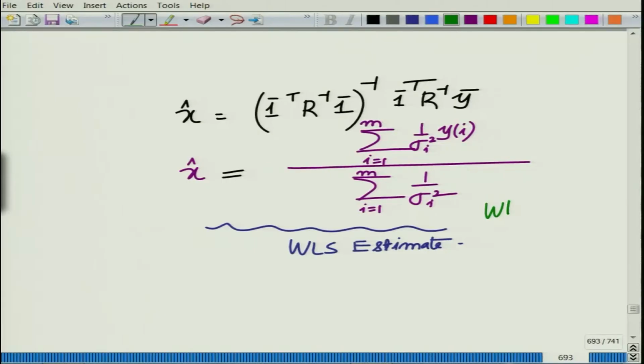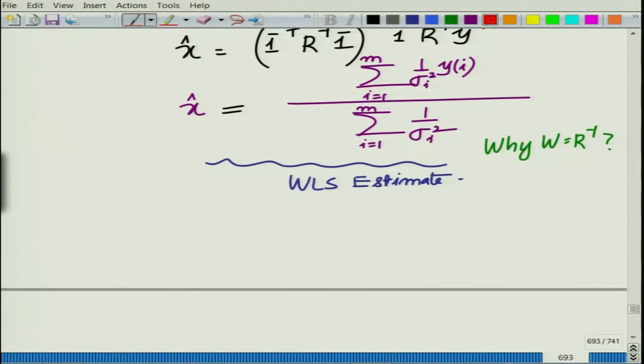Now remember I said I am going to describe to you why this paradigm makes sense, why W equal to R inverse makes sense. Why not W equal to R? Why don't we set the weighting matrix directly as the covariance matrix rather than as the inverse of the covariance matrix? Of course, there is a method to do that in a mathematically rigorous fashion, but even in this simple formula you can see it reflected in the fact that each yi is weighted by